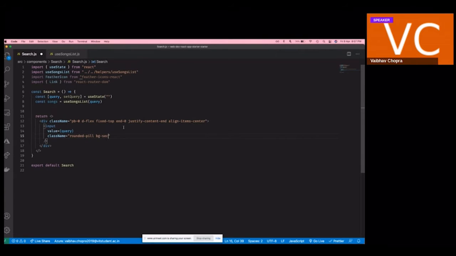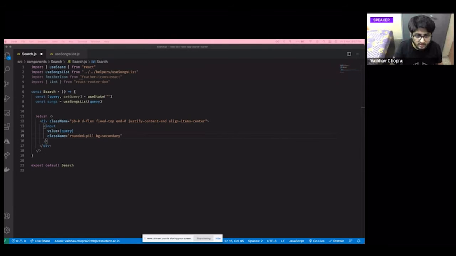Then I'll set the background to gray, which by default in Bootstrap is bg-secondary. If you use this bg-secondary class, the background will automatically become grayish. So py-2 px-5, basically two spacer units on the vertical axis and five spacer units of padding on the horizontal axis. We don't want the border, so we'll set the border to 0. And flex-grow-1 is the class you need to make the whole text box stretch across the full width of the web page as much as possible. So flex-grow-1 is basically take the whole space as much as you can. That's what that class means.